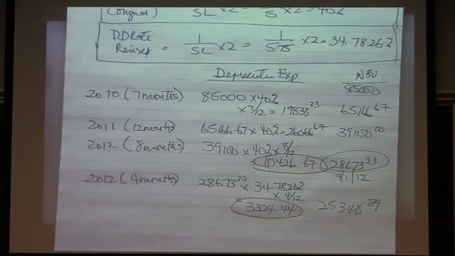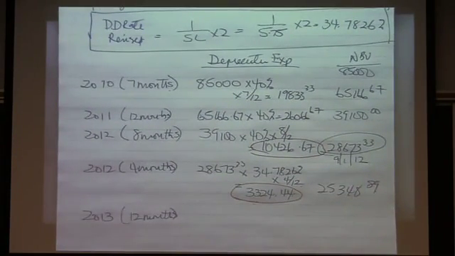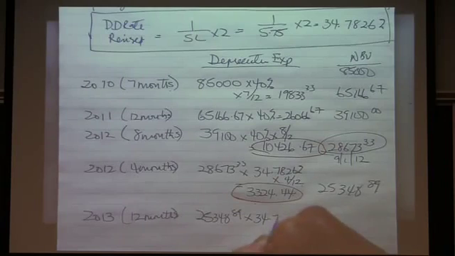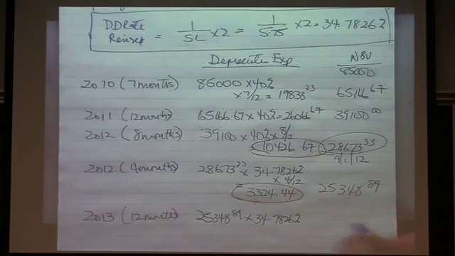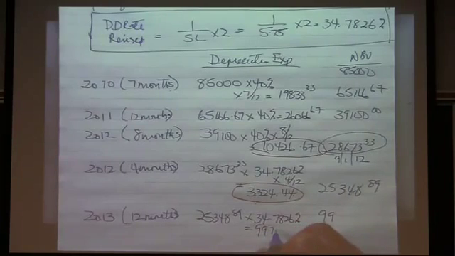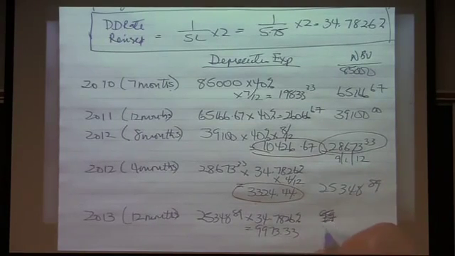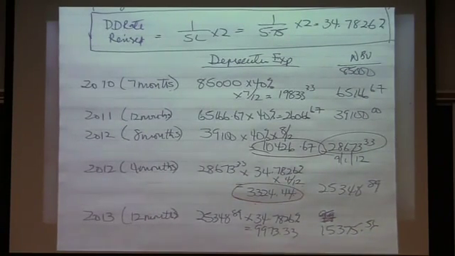And if we continue on 2013, you'll see that it's pretty much the same as all the other calculations we've done for double declining. So here we're going to take the net book value of 25,348.89 times 34.7826%. And that should give us 9,973.33. And net book value is going to be 15,375.56. And the key is that you're going to continue to amortize this until the net book value should be